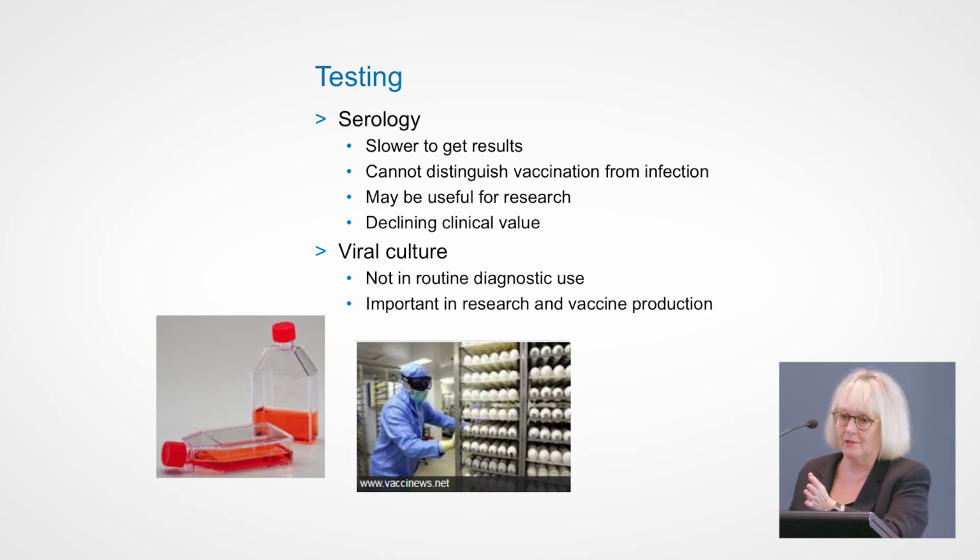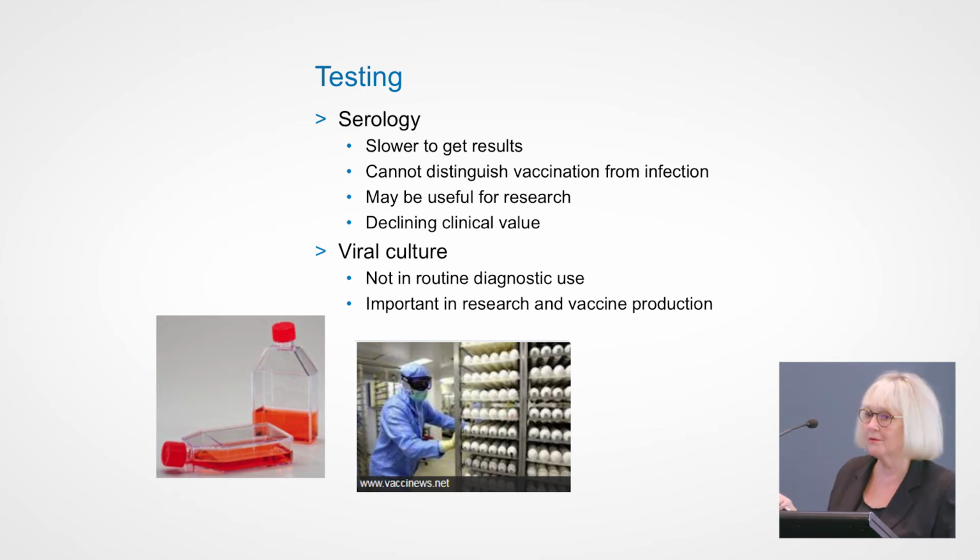But the test, of course, that I want, and where I didn't have a slide, is nucleic acid testing, so the throat swab, which gives us a rapid result, can differentiate the type. In South Australia, we only get an A or a B, but reference laboratories will subtype them further than that. So we do get some subtyping for our South Australian flu strains, but not as much as we'd like.